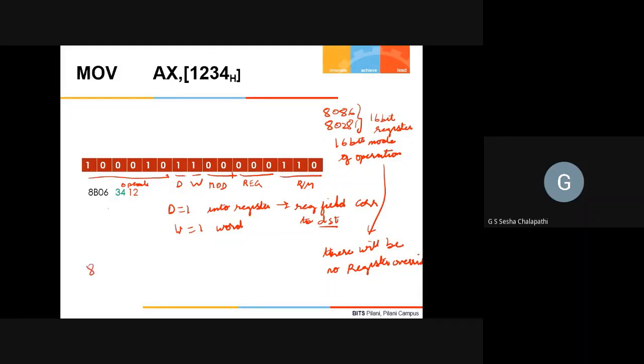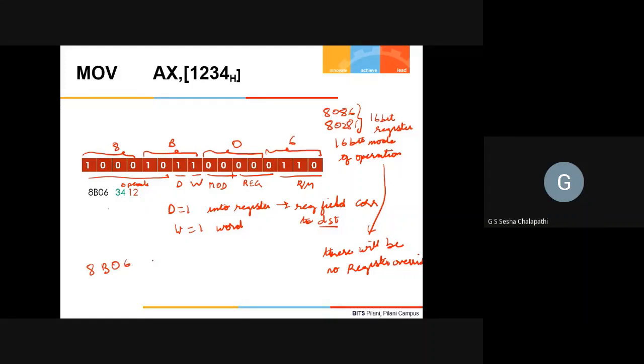So 8B. This is 8, this will be B, this will be 0, and this will be 6. Okay. 8B06